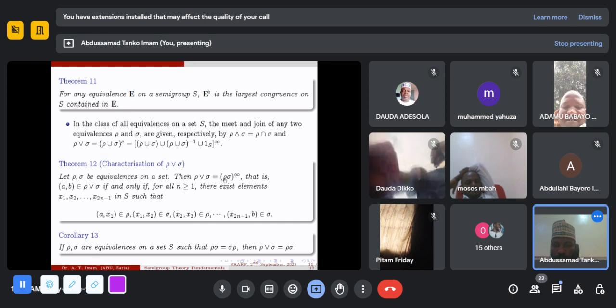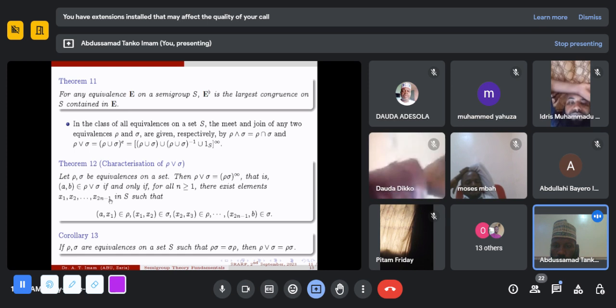So that is it. And this is just to say what is happening, because if you say it is the transitive closure of the composition, you are just saying that A is related to B under the join if and only if for some natural number n greater or equal to 1, there exist elements x1 up to x2n minus 1 in the semigroup, such that A is related to x1 under rho and x1 is related to x2 under sigma, because you are composing. You are saying this thing is sigma